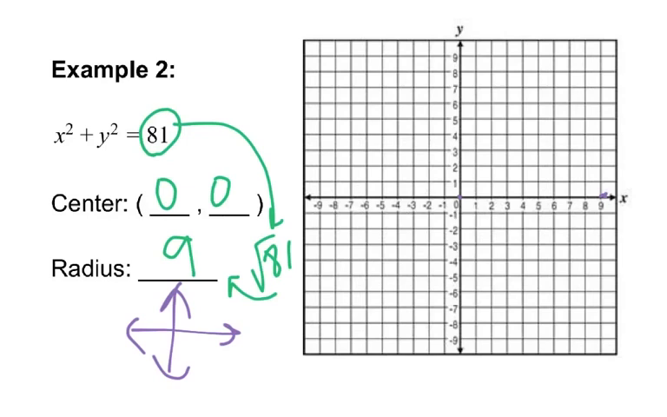Now I'm going to go up 9 from the center. There it is. Now I'm going to go left 9. There's my point. And down 9. Perfect. Once we have all 5 points plotted, let's do our best to sketch our circular shape, connecting the 4